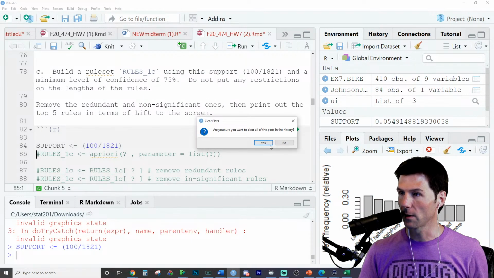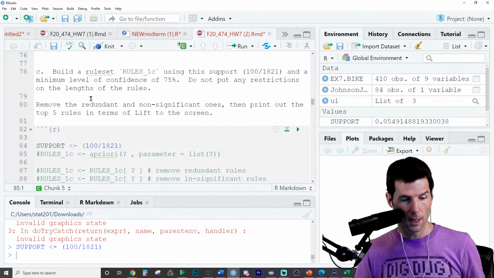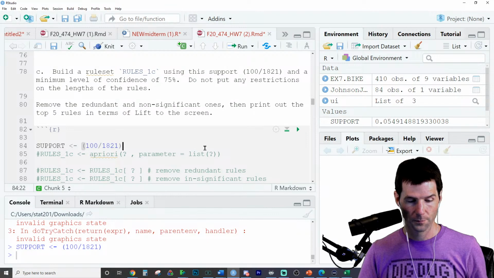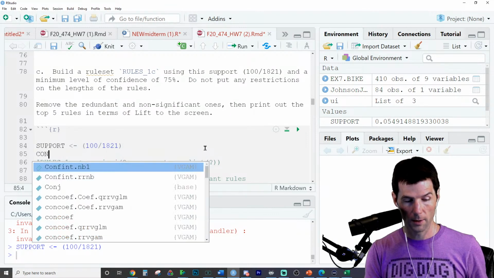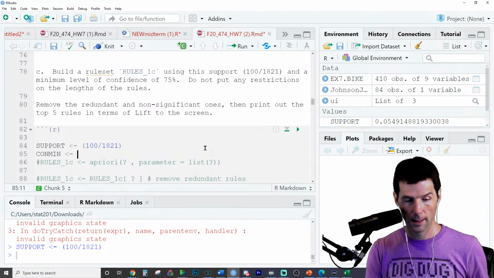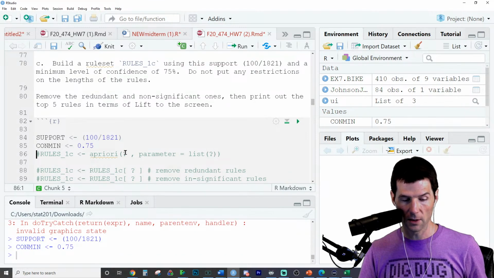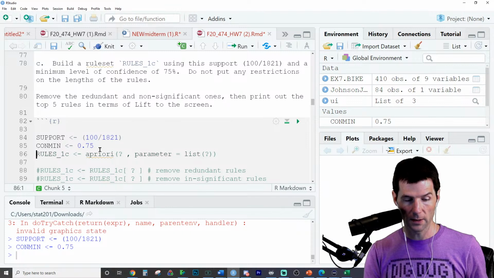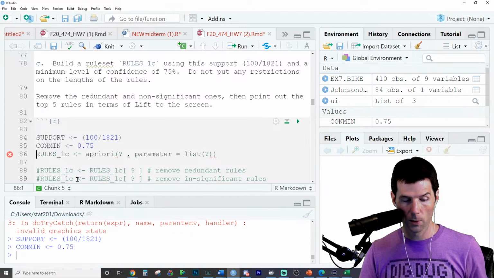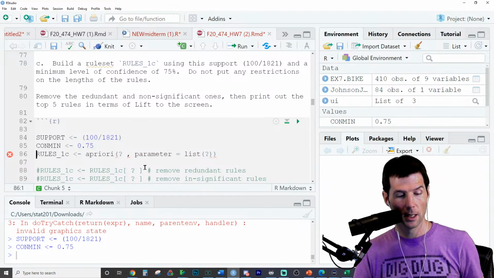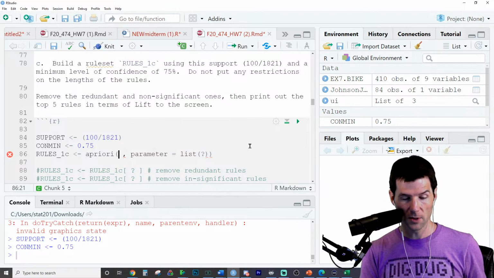No more graphical errors. And a minimum level of confidence. So we should be able to go here to confidence. Let's go to con min and put a minimum level of confidence of 0.75. Now I'm doing this to make my life a little bit easier. We should have everything. Unhashtag this out. Rules for 1C. We're going to overwrite these right here, so we're kind of like whittling them down in a moment. What do we want to subset?